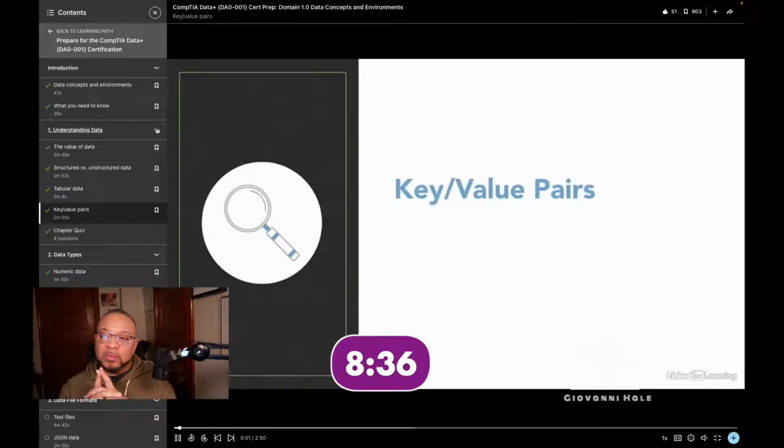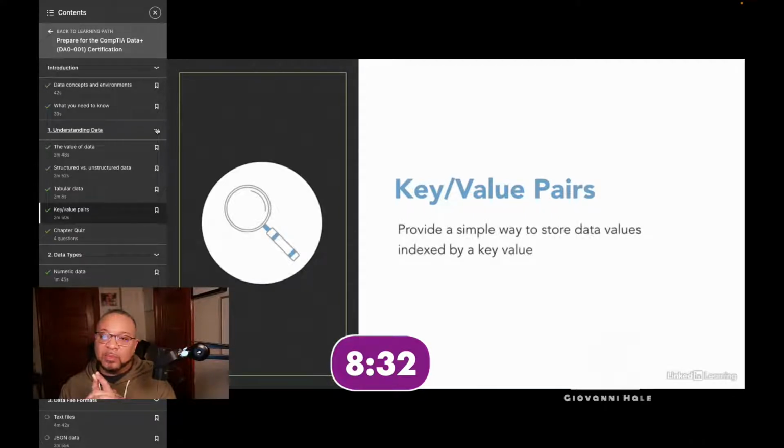Key value pairs are an example of a semi-structured approach to data storage. They provide a very lightweight way to store data that throws away many of the rules of relational databases. Key value pairs don't have to be organized into tables. The only requirement is that we have a key that can be used to index the data, and one or more values that we wish to store in the database related to that key. Each record can have different values and even different numbers of values.